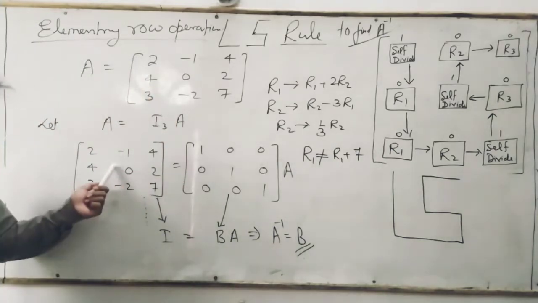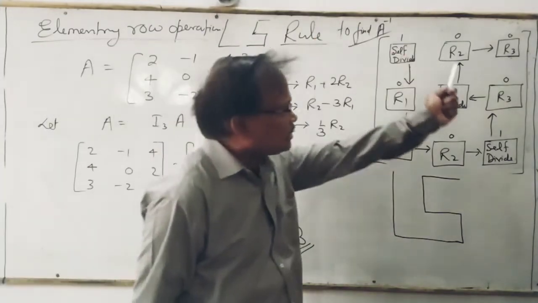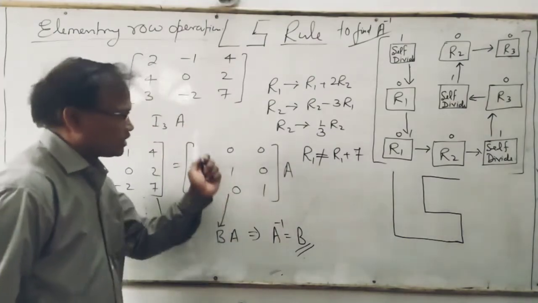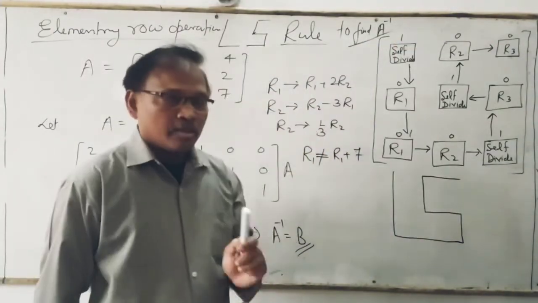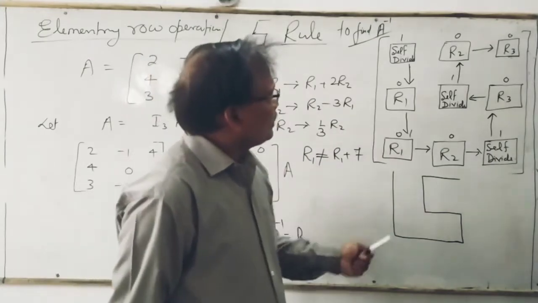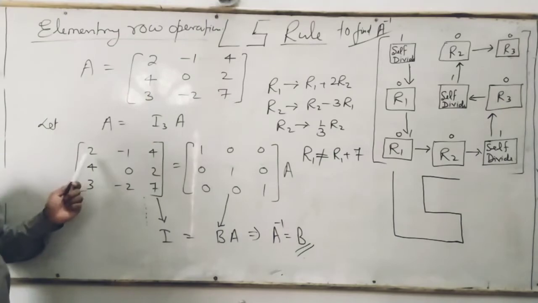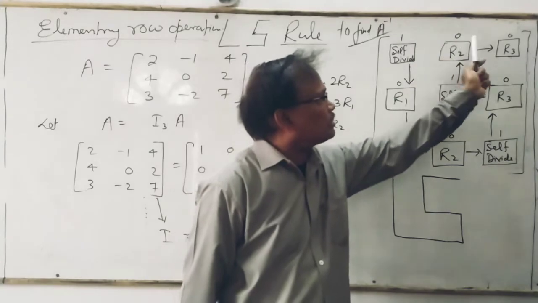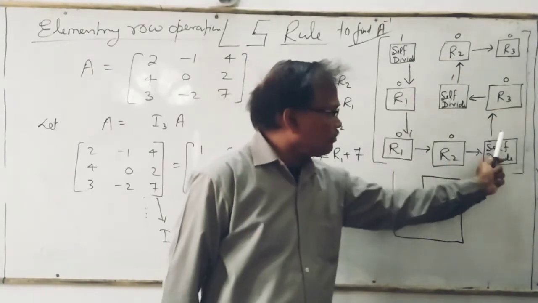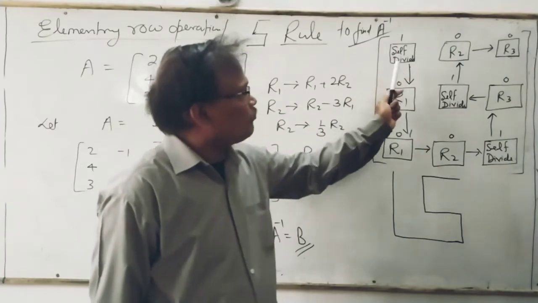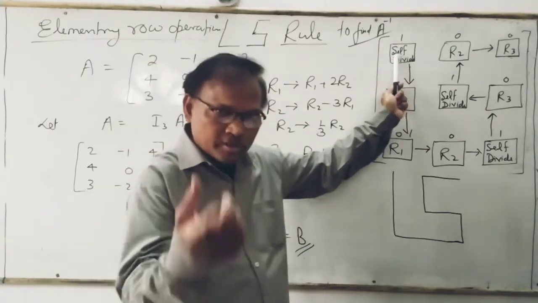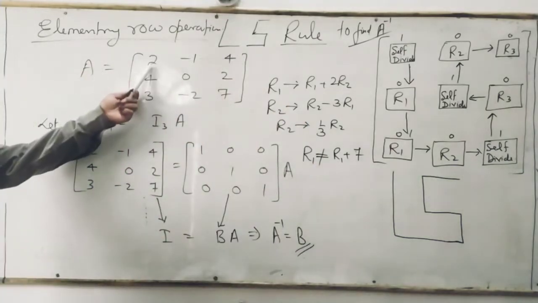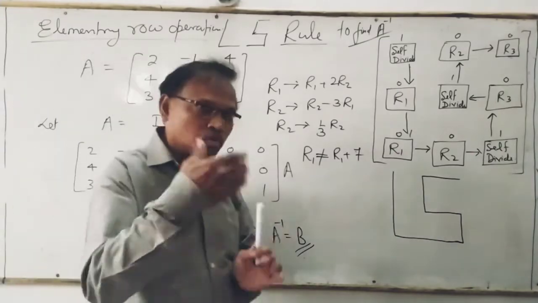How to change this matrix into the unit matrix? The method is there. इसी matrix को, this matrix you have to change into the unit matrix this way. What is the meaning of this way? The first element, you can see, is 2, and you have to make it 1 क्योंकि यूनिट मैट्रिक्स में पहले स्टार्टिंग 1 से होती है: 1 0 0, 0 1 0, 0 0 1. In this case, if you want to get 1 as the first element, you must self divide. जैसे ये 2 है तो 2 को 2 से ही डिवाइड कर दे, लेकिन but how to divide?